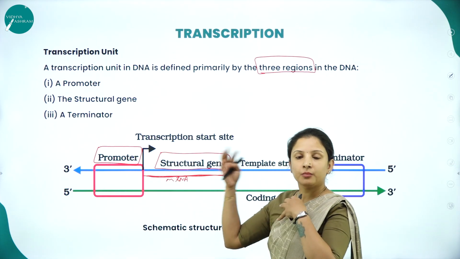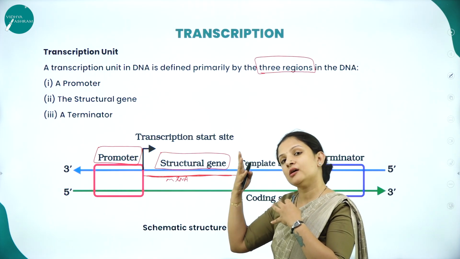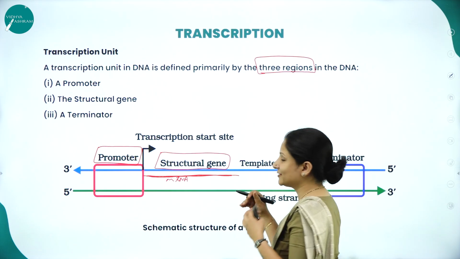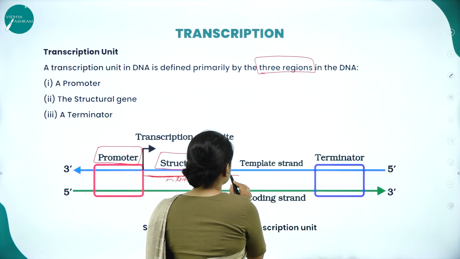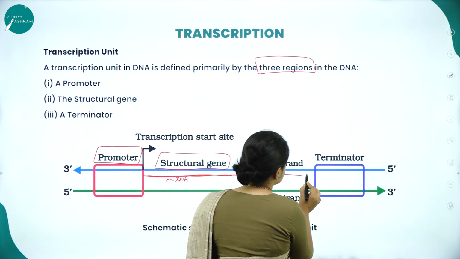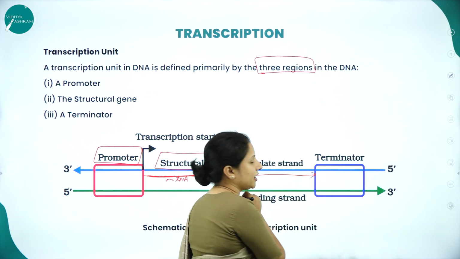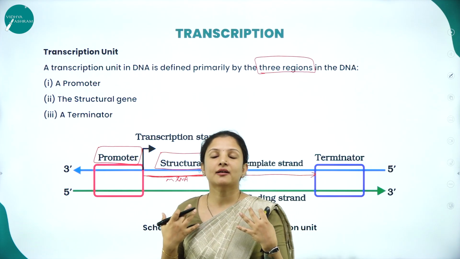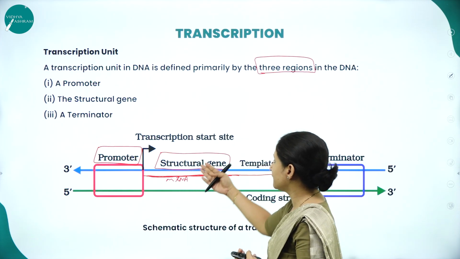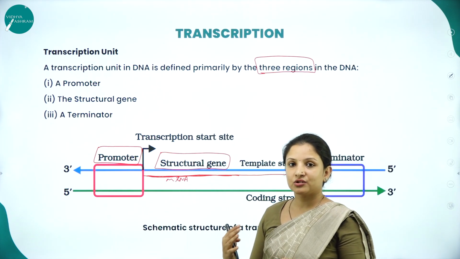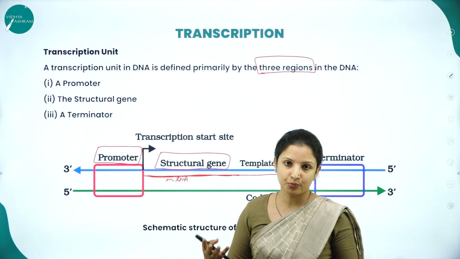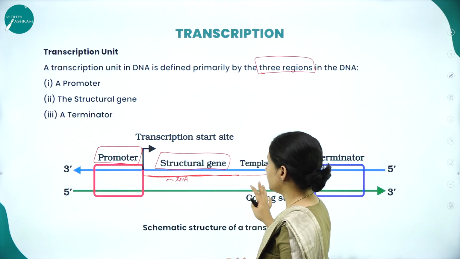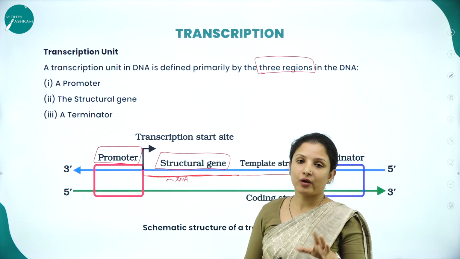Can it go on forming the mRNA strand up till the last stretch of the DNA strand? No, not possible, right? So it has to terminate. It will go on making the mRNA strand until it reaches the terminator region. Once it reaches the terminator region, the nascent mRNA strand will just fall off, and then the mRNA strand's next step is to synthesize the protein. All this takes place in the nucleus. So this is the nucleus of the cell, because it is there where the genetic material is.